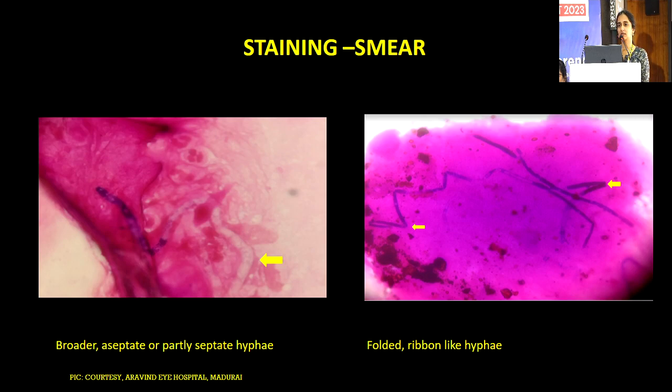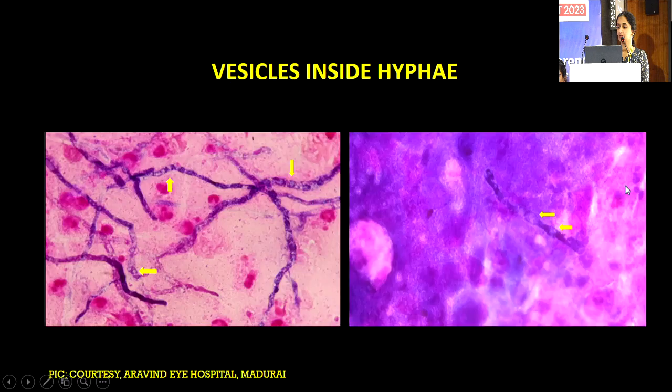So even in stains, there are certain features that distinguish a pythium filament from a fungal filament. That is, pythium filaments are described as being broader, longer, aseptate or relatively sparsely septate, and also they are folded upon themselves like ribbons, as shown by the yellow arrows on the picture on the right. In addition, the presence of vesicles or vesicle-like structures within the filament